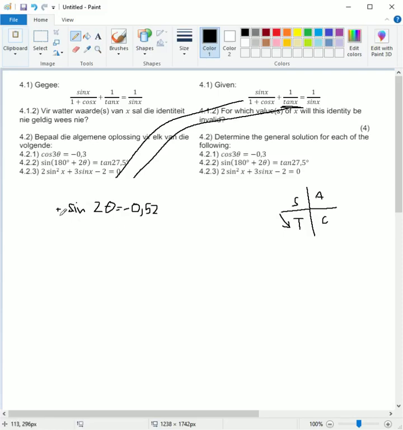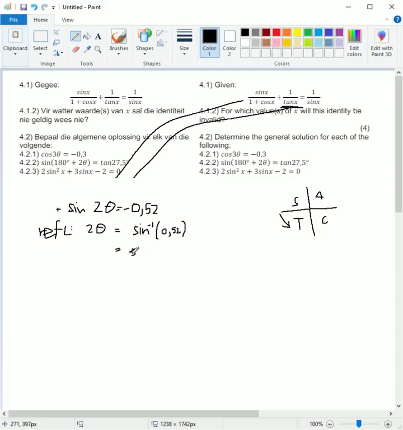Now we need to get our reference angle, so we're going to get rid of sine. Maybe I am speaking a bit fast, but I want to get through this quickly so that I can get to 4.2.3, which is really different. 4.2.2 is the same as 4.2.1. Okay, so now to get rid of sine, we're going to say arc sine. So then 2 theta, which in fact is just your reference angle. So let's write this over here. This is my reference angle. And we're going to ignore the theta over here. So we're going to say arc sine, or second function, or shift, or whatever the button is on your calculator. But we should actually say arc sine of 0.52. So our reference angle will be arc sine 0.52,